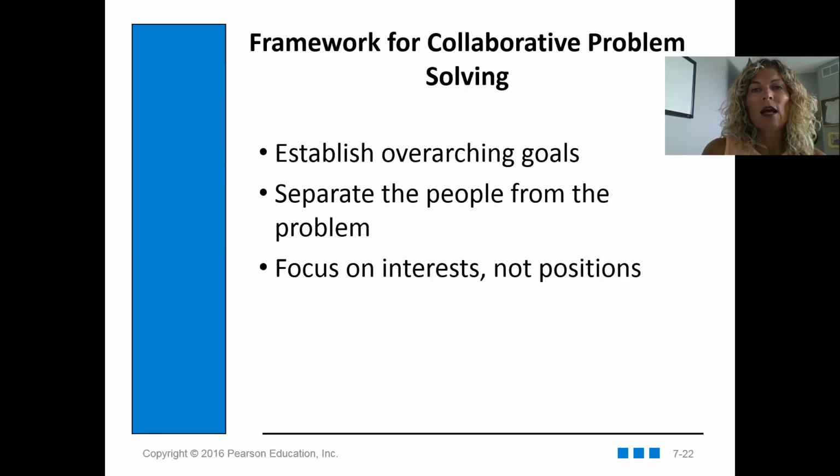the issue. I'm going to go through some slides that give us a framework to use the collaborative approach in a conflict situation. And so just some overarching things to think about that will help the collaborative approach work better is if you can establish some overarching goals that both parties agree to, that we both want to accomplish long term, making sure that, again, you're really focused on the problem and not the people, right? So we want to be problem focused, not people focused,